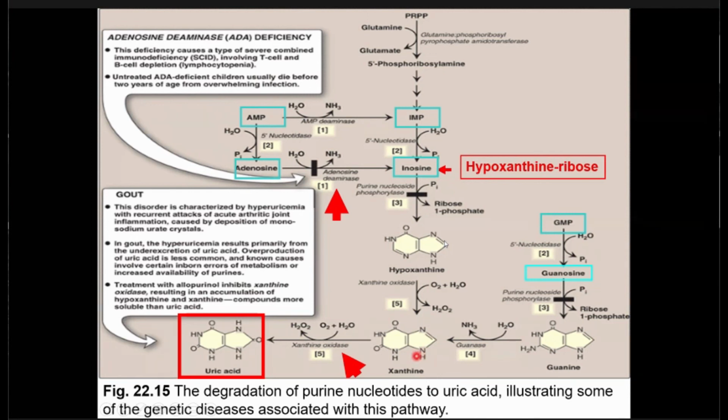You need to know that the end product of IMP, AMP, and GMP will be xanthine. Xanthine will be converted to uric acid. Why is this reaction important? Because there is a disease called gout,